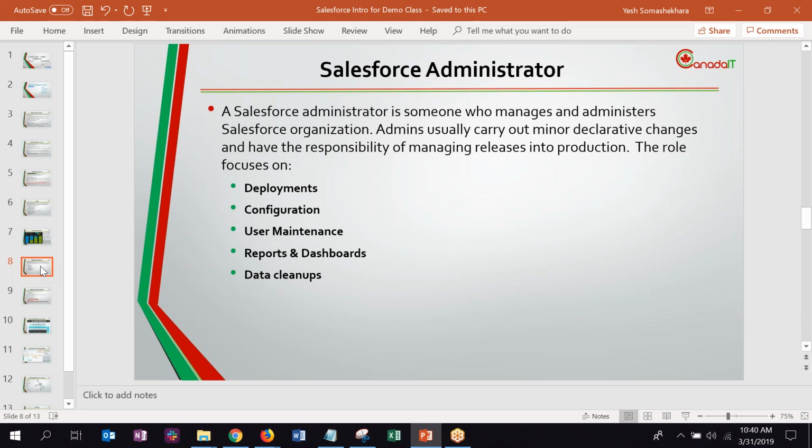Then data cleanups. So usually what happens is a person has messed up some data entry. You as administrator will have rights to go in and correct it, or you'll have to do daily exports or monthly exports. And for example, if people are storing too much data in Salesforce, then you'll have to move all that data into probably another database. That's one of the main things for a Salesforce administrator, because data is all stored on the cloud and you're paying for that storage. So instead of that, you move all these big files into a local one and then you connect it to Salesforce. So that's one of the things that a Salesforce administrator does, data cleanups.